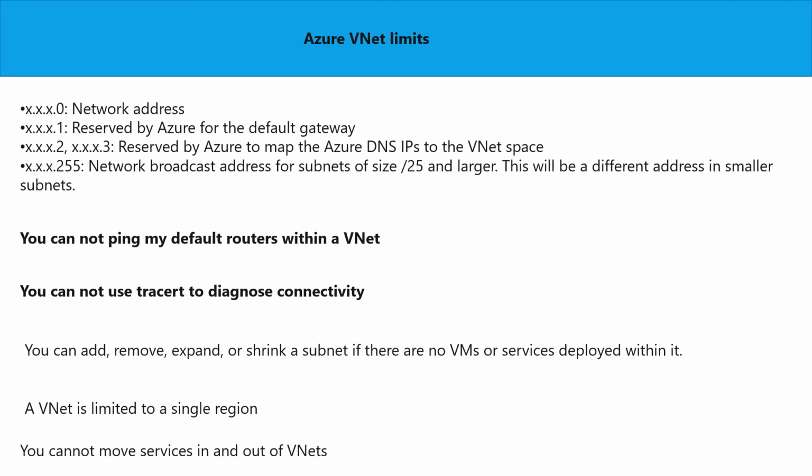So when we talked about the reservation, your dot 0 is going to be your network address. Dot 1 is reserved by Azure for your default gateway. Dot 2 and dot 3 reserved by Azure to map the Azure DNS IP to your VNet space. And the last IP is going to be your broadcast. There are a couple of things you need to keep in mind that you cannot ping the default gateway within your VNet. You cannot use traceroute